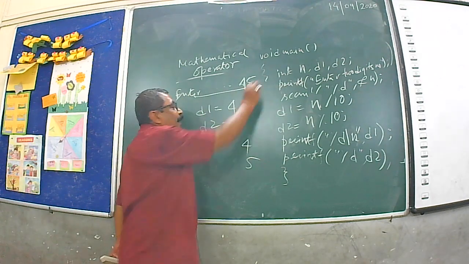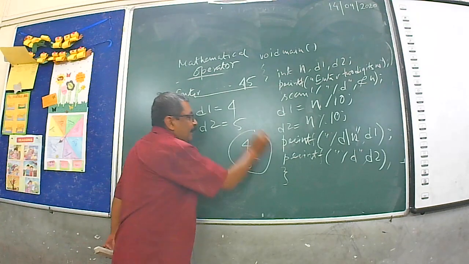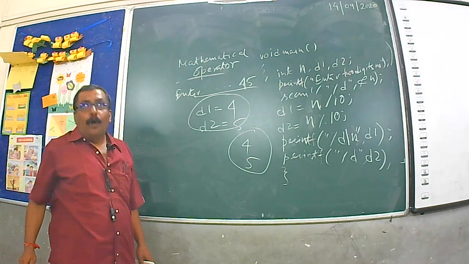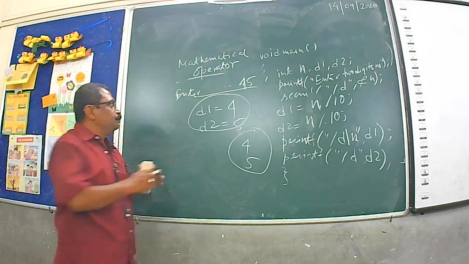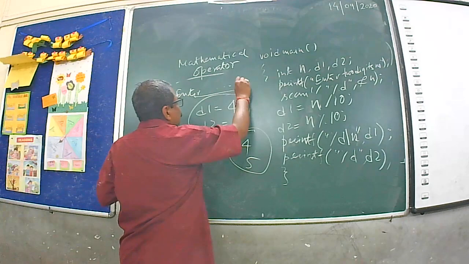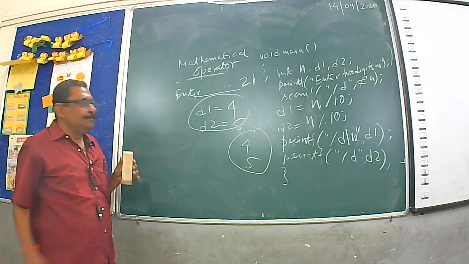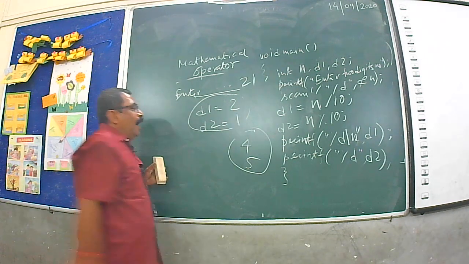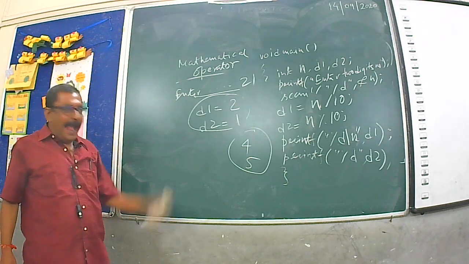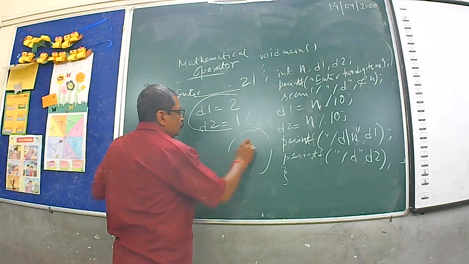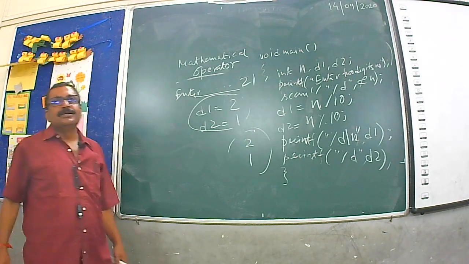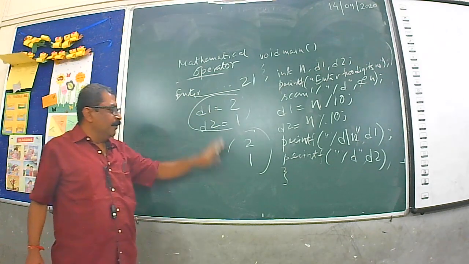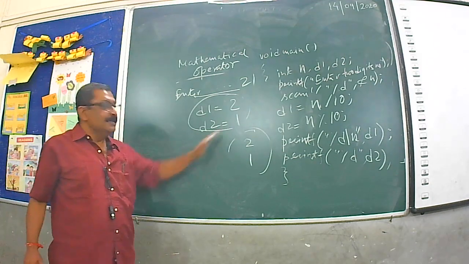That is, you have entered, this is the output, calculated by the compiler. If you change the value to 21, the calculation gives 2 and 1, and the output is 2 and 1. That is the input, that is the output. You have entered the value 21, you will get the output 2 and 1 in separate lines.